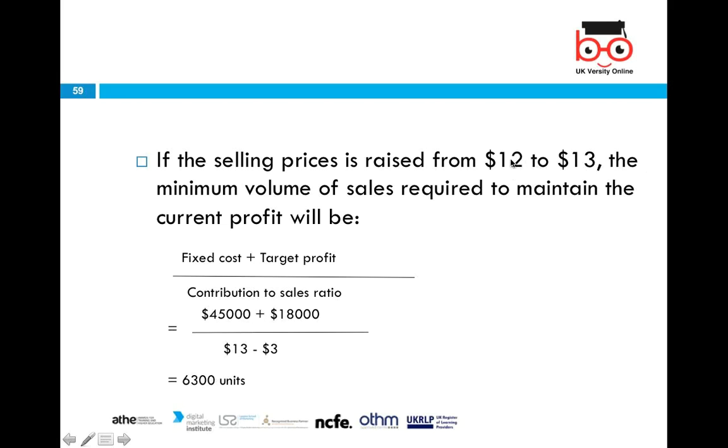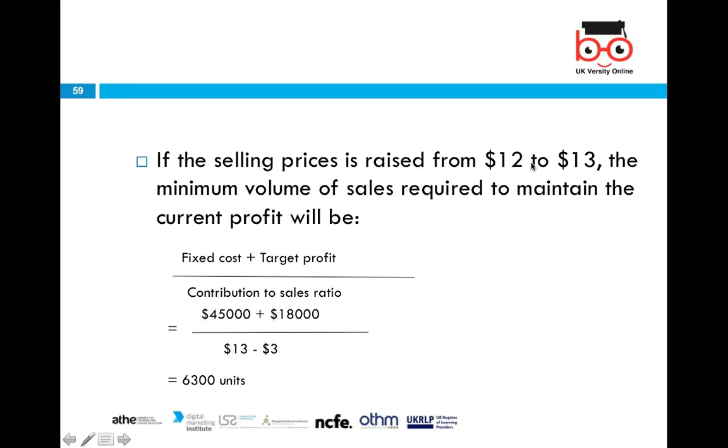So look at the difference: when we increase the selling price by $1 from $12 to $13, the sales units change. That's 700 units reduced from the 7,000 units, so 6,300 units,